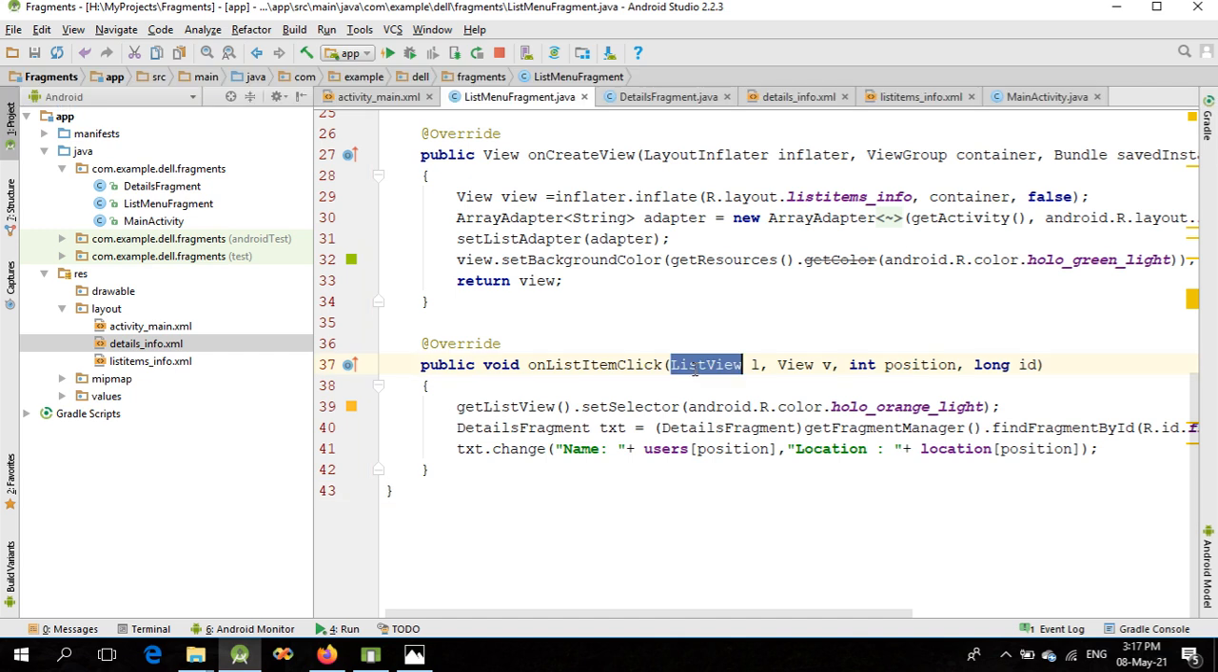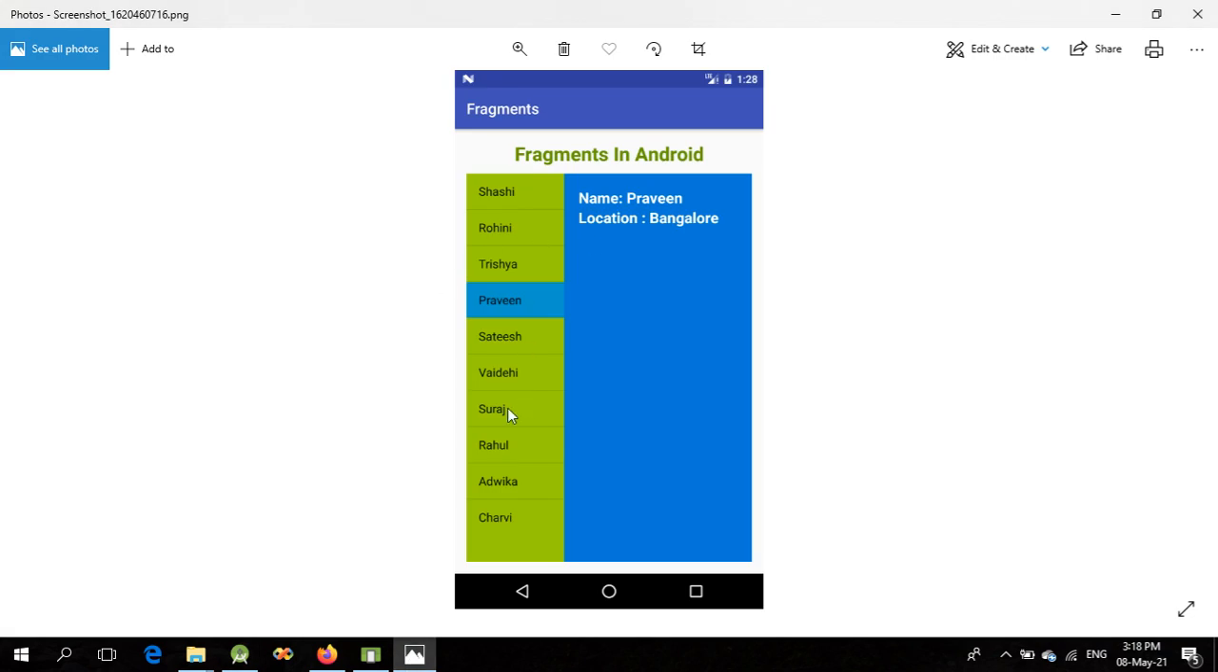First one is the list view in which the particular item has been clicked. Second is the view, and it reflects the view or activity in which this particular list view has been embedded. Then integer position, it contains the position or index of that particular list item which is selected or tapped by the user. For example, say this particular diagram or a snapshot, if user selects this